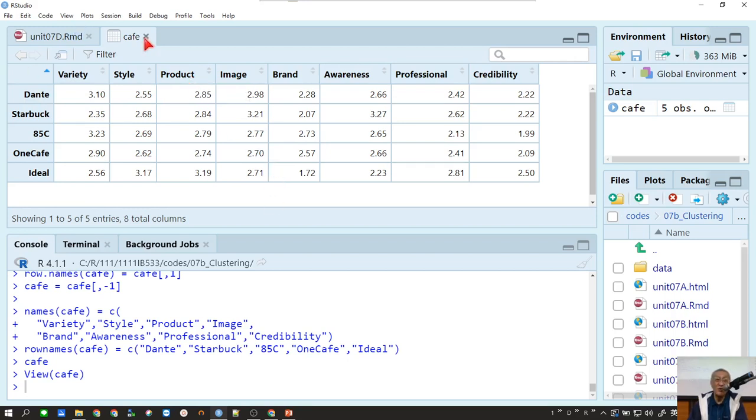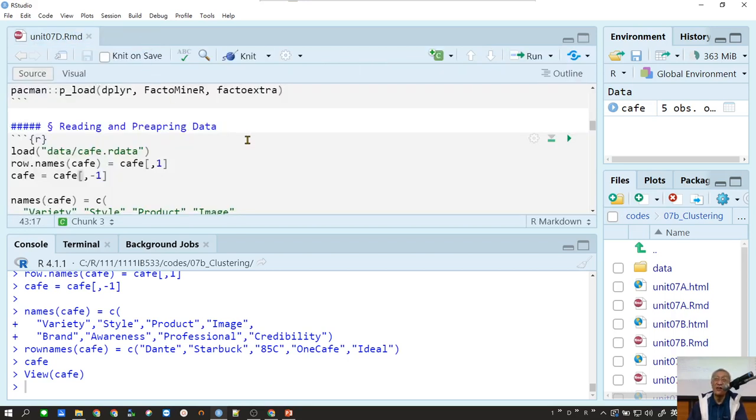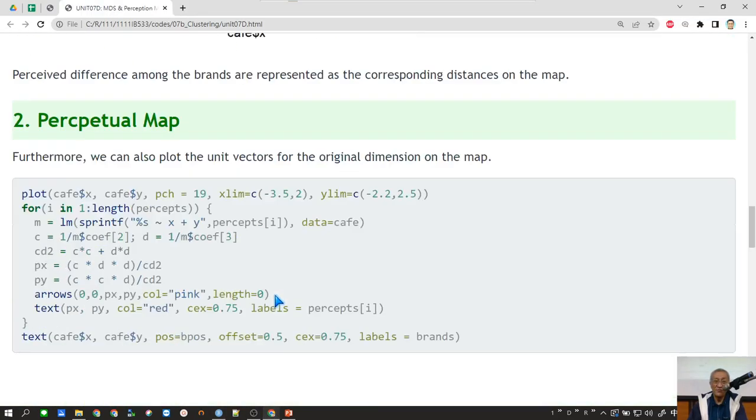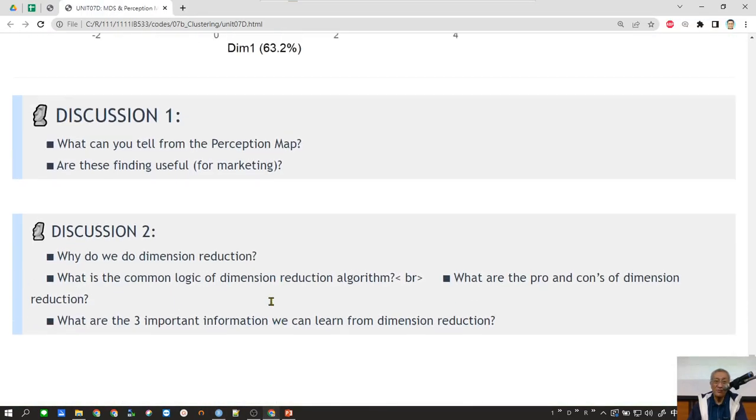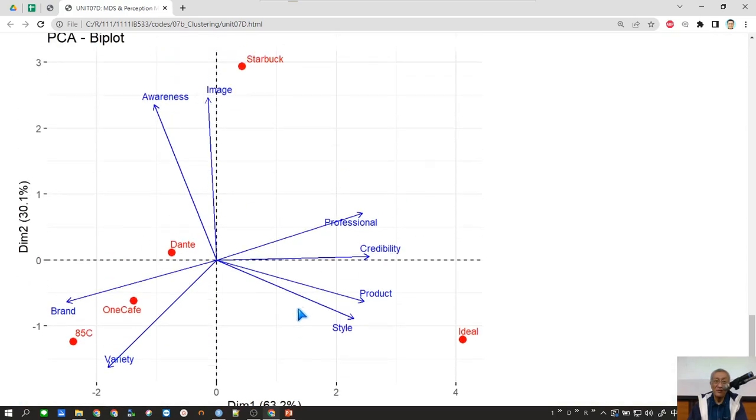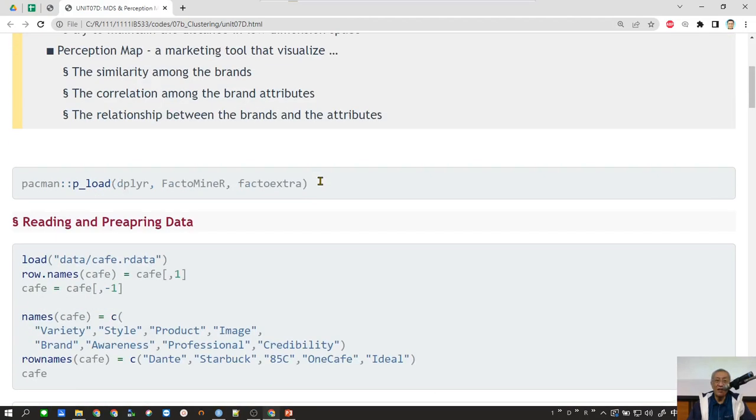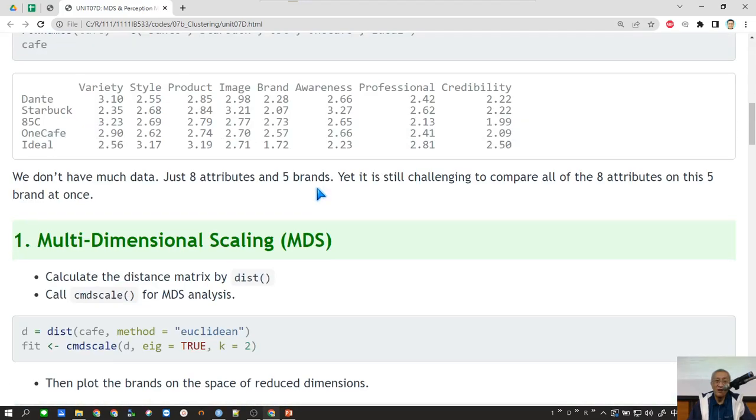Let's see what dimension reduction can do. Let's see the result first. The result of dimension reduction would be like this. If I do a dimension reduction on this data,